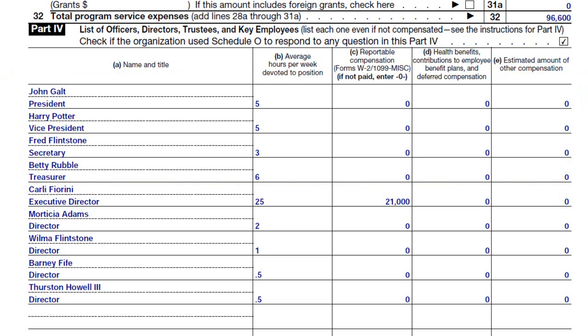Directors or trustees are members of the board of directors, and they must have voting power in order to be shown as a director or as a trustee. Key employees are employees who have managerial authority over the organization, but who may not have voting power on the board of directors. The executive director and the chief financial officer would be considered key employees for purposes of the